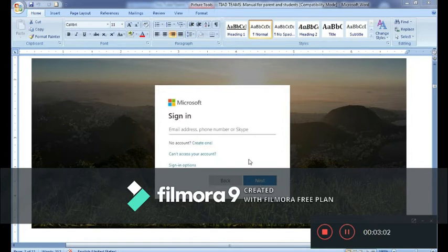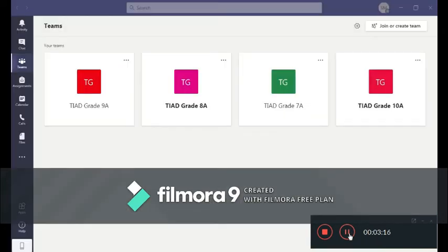It will take you for the password. The password is also sent to you through email. You may need to enter the password and submit. You will log into Microsoft Teams. Once you log in, the Microsoft platform will open. This is mine. I teach the class. Once you log in, you will reach the platform that is where you see your groups, that is the teams.